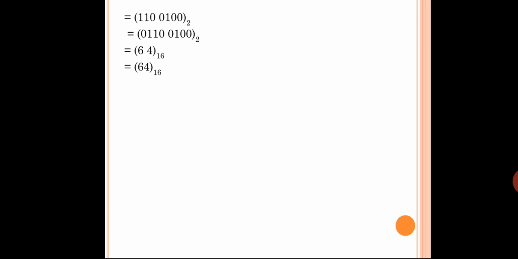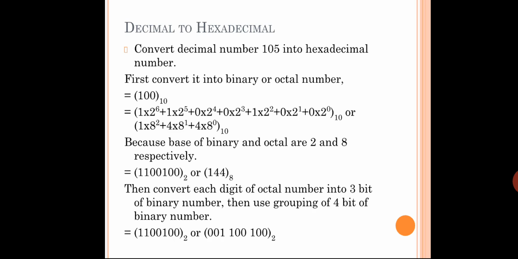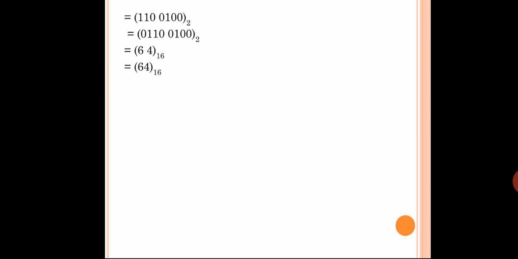How? See in the example here. After converting, you have gone for converting the whole number. Fine. So what is the number? 1100100. Make sure that you categorize those numbers into 4 positions. For octal it is a 3-bit consideration. For hexadecimal it is a 4-bit consideration. One group means 4 bits. Here you have a total of 7 bits, isn't it? So you added one more bit in the second line.